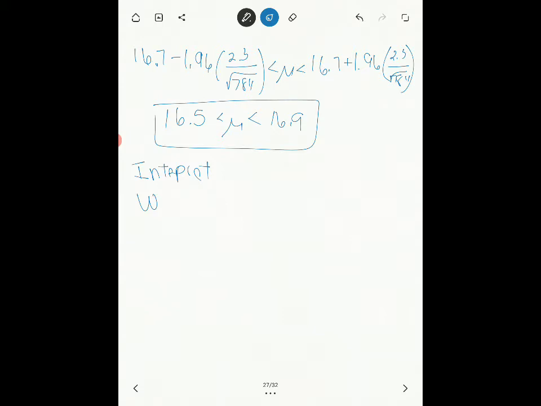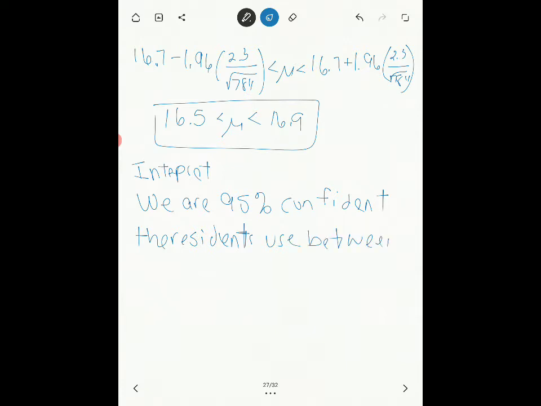So we would say we are 95% confident the residents use between 16.5